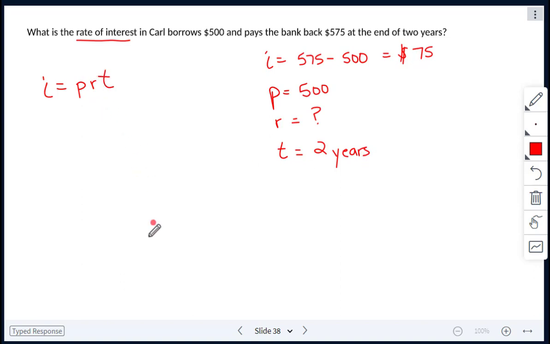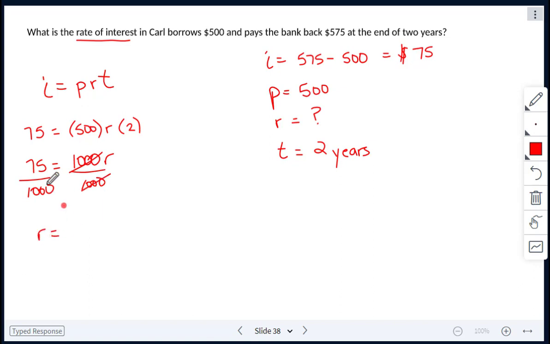In our equation, we are trying to solve for R. So now we can substitute everything in. So 75 is equal to 500 times R times 2. We'll multiply 500 times 2, which gives me 1,000 R. And now we just have to divide both sides by 1,000 to solve for R. So R is equal to 75 divided by 1,000, which is